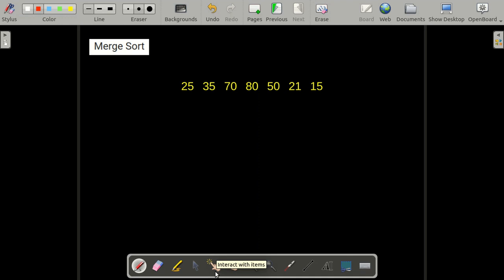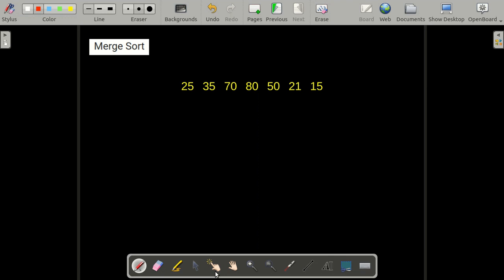So in the series of sorting techniques, merge sort is the next sorting technique that we are going to see. Now if you just want to see the key points of the sorting algorithm, just skip to the last of the video. If you have not seen my previous video on the merge algorithm, please go and see that video first, because without knowledge of the merge algorithm you won't be able to perform merge sort.